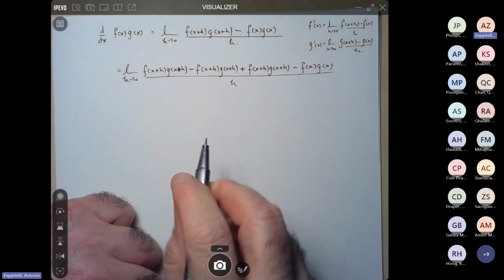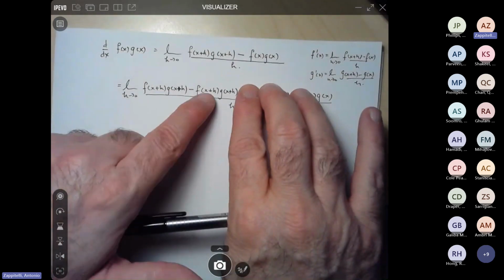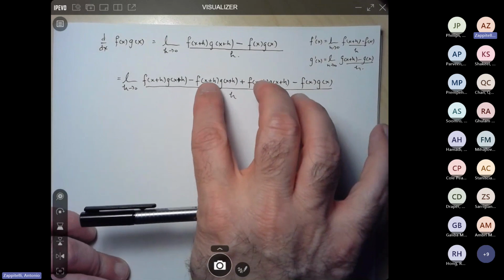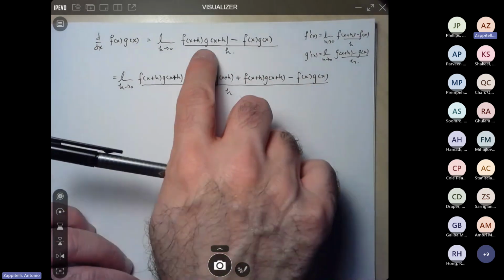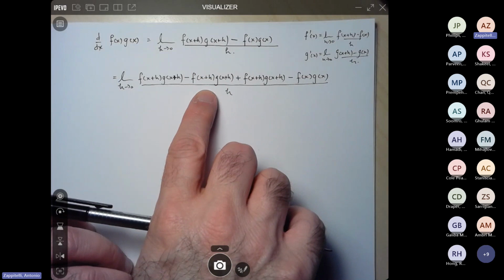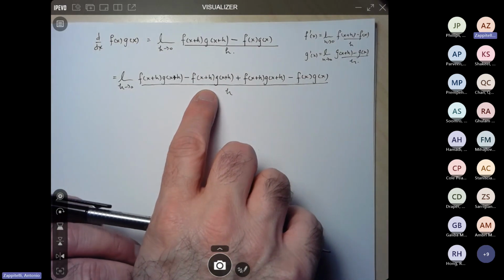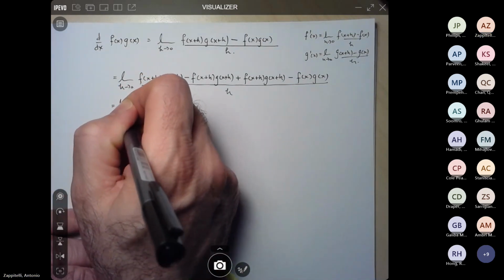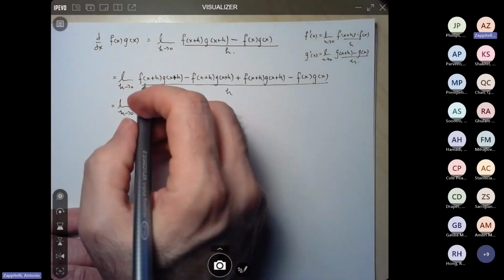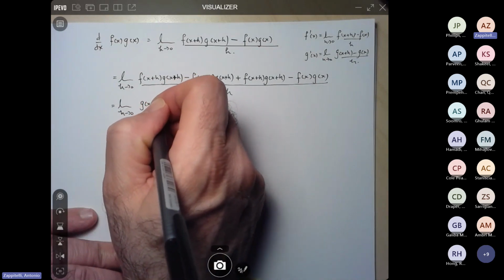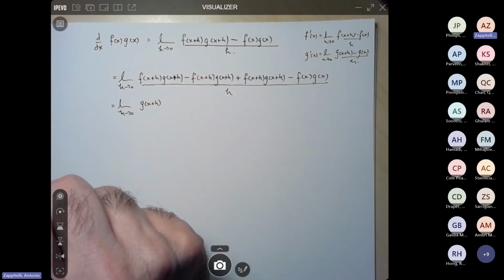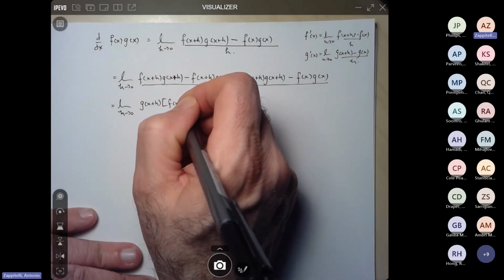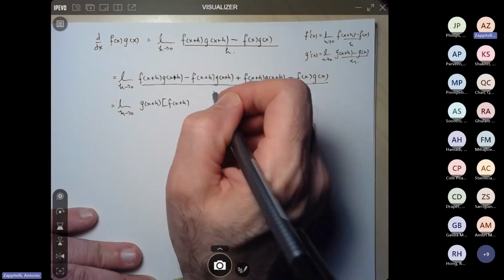So do you see why this is legal? Because I subtracted this expression, but I also added the expression. So in the end, they cancel each other out. So have I actually changed the expression? No. Now, when you look at it, you go, wow, this looks way more complicated. But look at what we can do in that first one here. Now we can do what we said we wanted to do. Factor out the g of x plus h, g at x plus h. So now I'm left with f at x plus h minus,